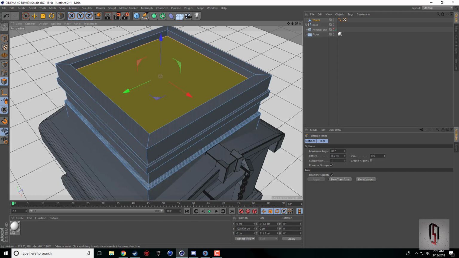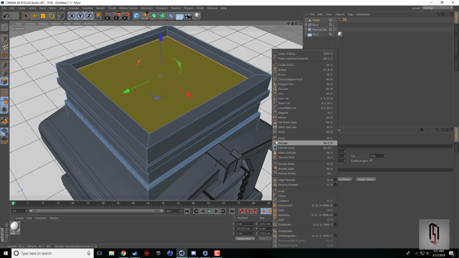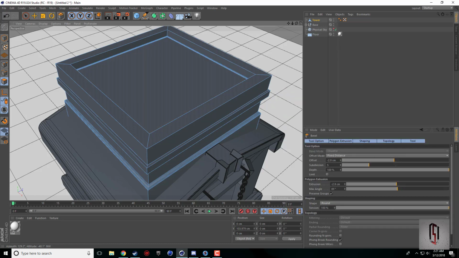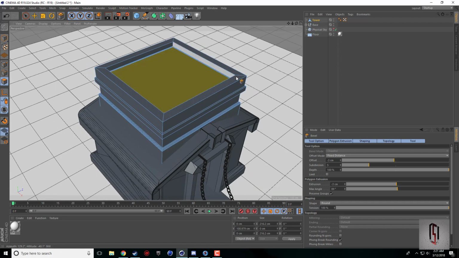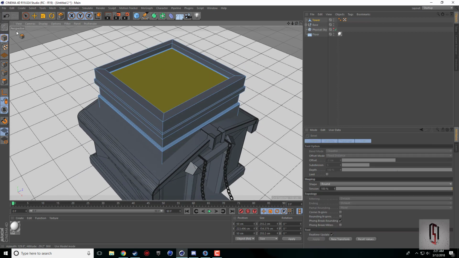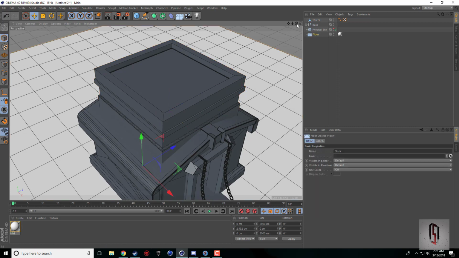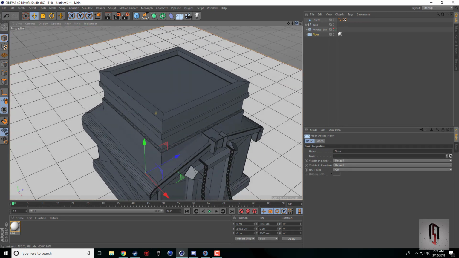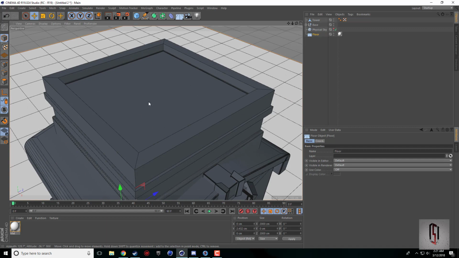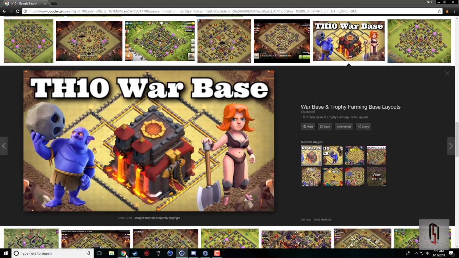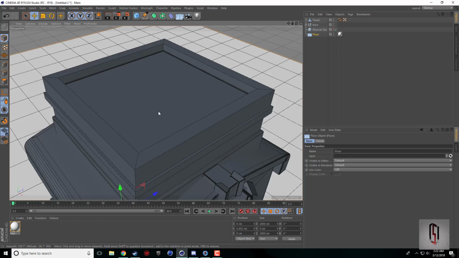We're just going to inner extrude very slightly, and then extrude down very slightly to give it a little edge there. All right, so now that we have the rough shape for our top tower of our town hall, we want to go ahead and add some of these little, whatever you want to call it, into our